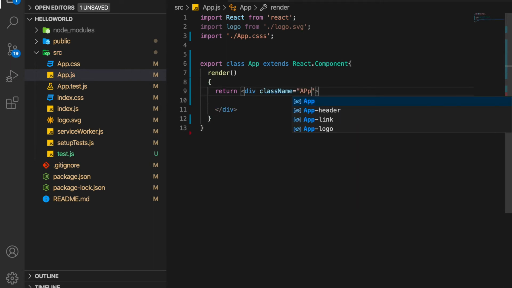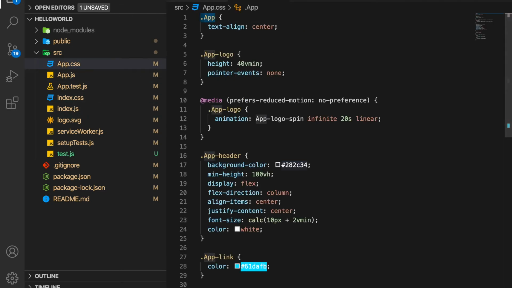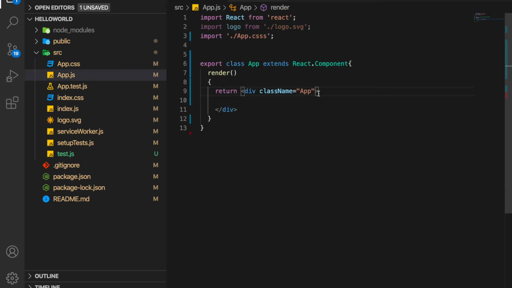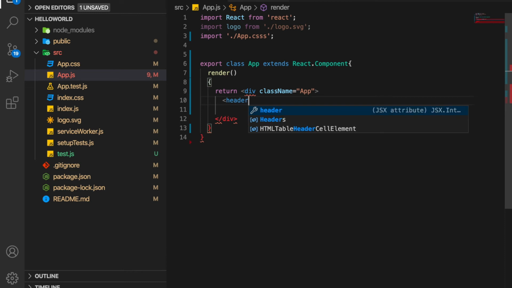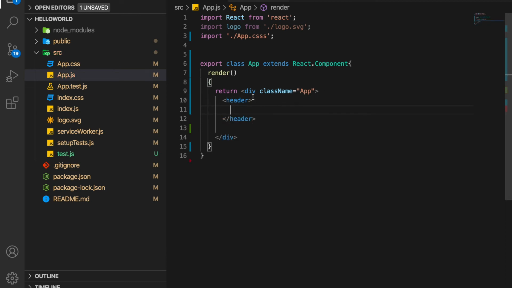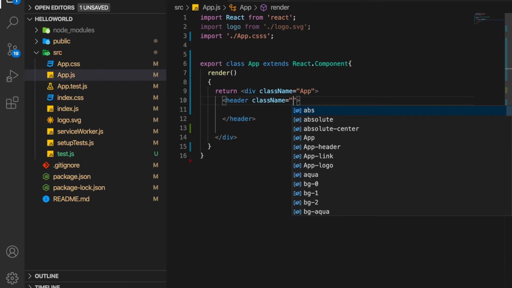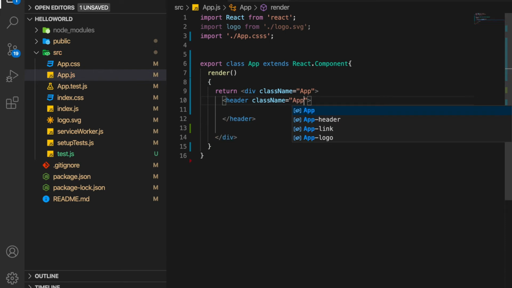that is App, which is coming from this App.css, where App has text-align equal to center. Then I'm creating one header and giving it the class name App-header.